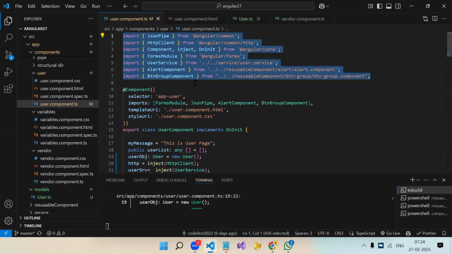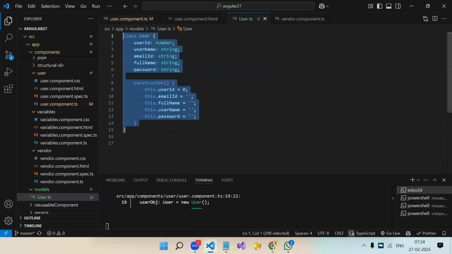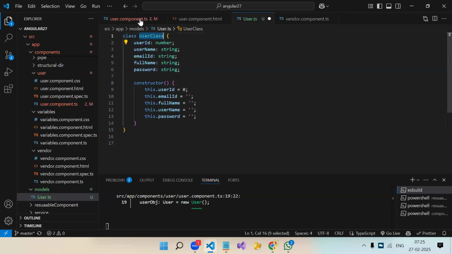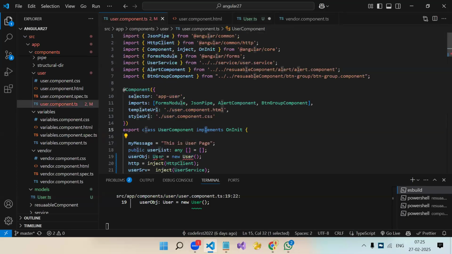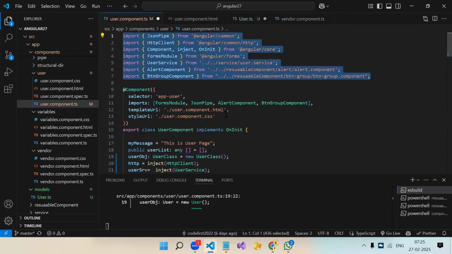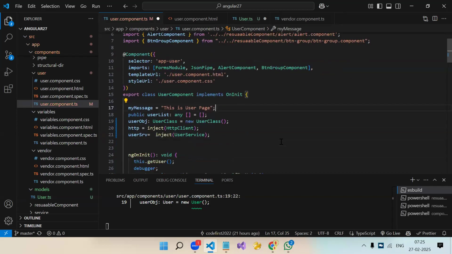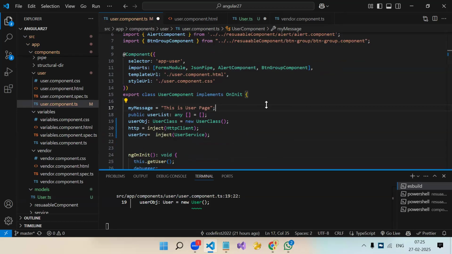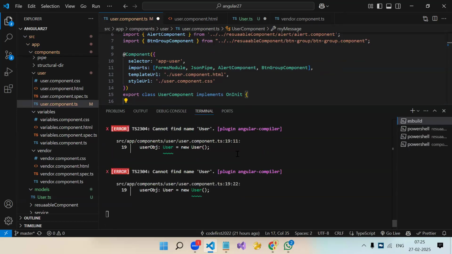Sir, in .ts we write export class. No, but we didn't write it now. And this user, we didn't import it also. How is it understanding? Yeah, the intelligence is coming up in HTML as well. I didn't import it, but how is it getting that? See, we are not even getting an error on line number 19, because the user class we didn't import.